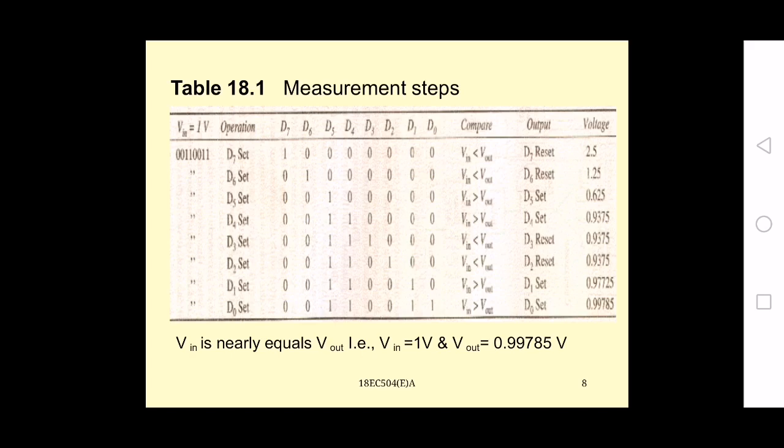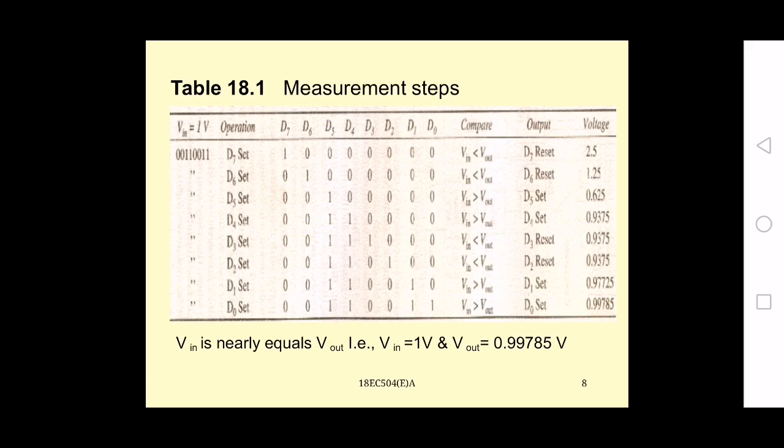So 1 is less than 1.25, again D6 will be reset. So in the next clock cycle, D7 is reset, D6 is reset, and D5 will be set, and the remaining bits will be all zeros. So that corresponds to